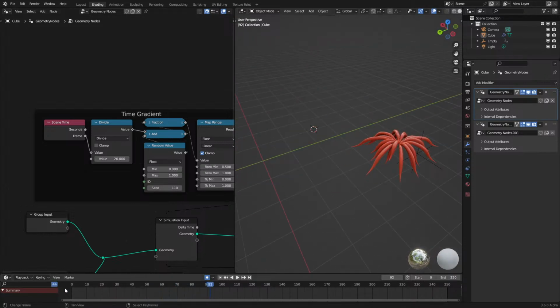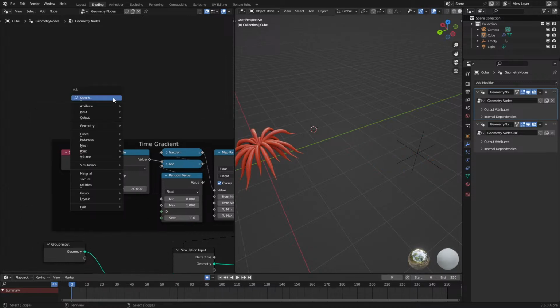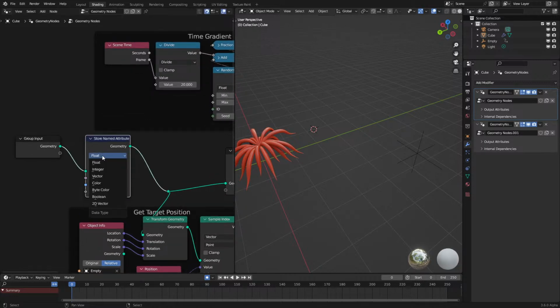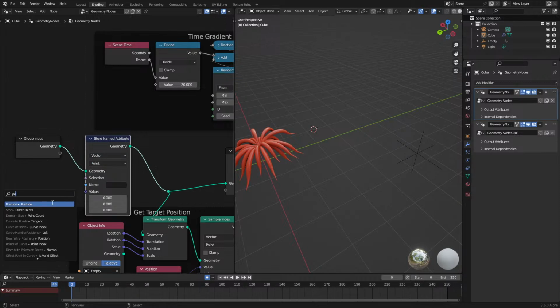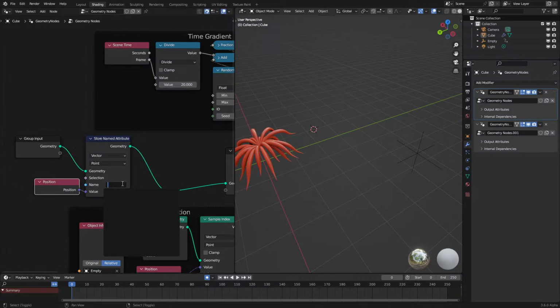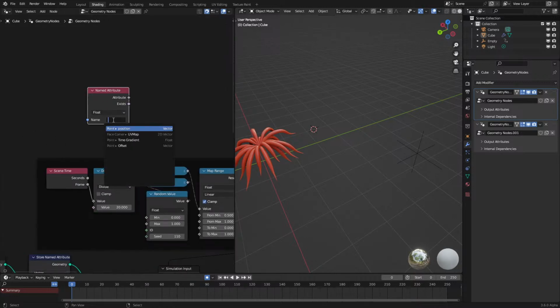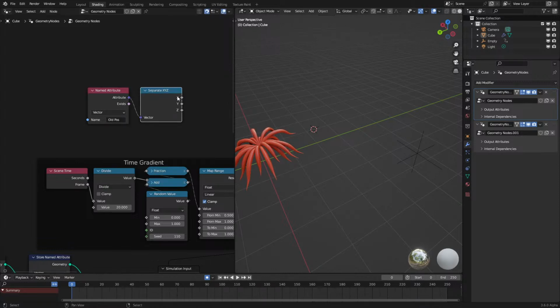Oh, and another thing that you could do instead of having a random value be the determiner for that. One thing that I did in the previous version. Let me store the default position. So before any offsets happen, let's just make this old position. You can make it look a bit like a centipede. So if I just take the, whoops, let's do that. Old position, use a separate x, y, z, then a multiply. I can make it so that it's